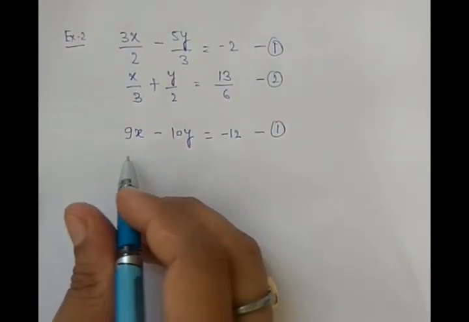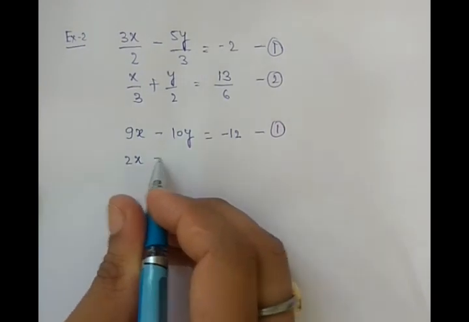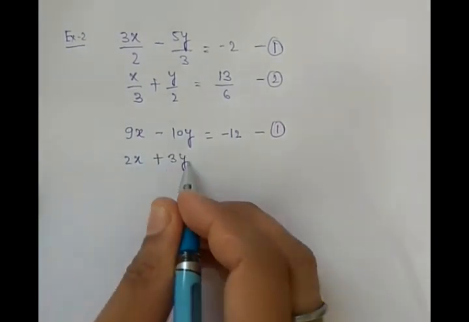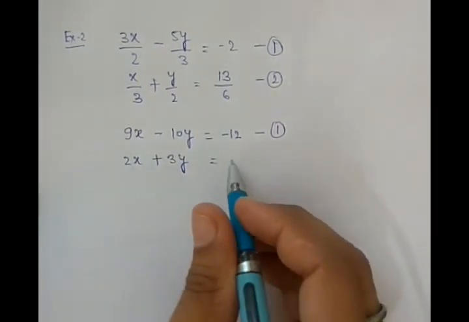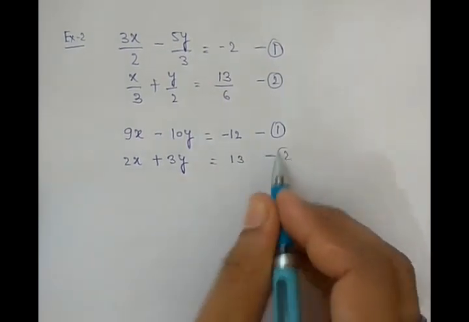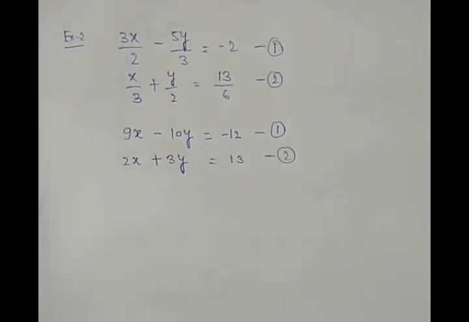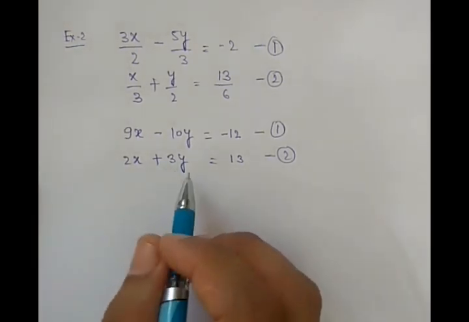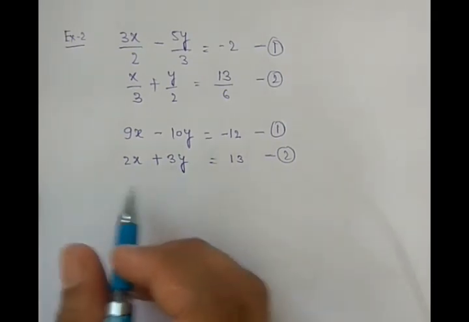Similarly, the second equation will be 2x plus 3y is equal to 13. Now these are the two equations. First is 9x minus 10y is equal to minus 12, and the second one is 2x plus 3y is equal to 13. So as we have done in the previous example, if we use the second equation, then